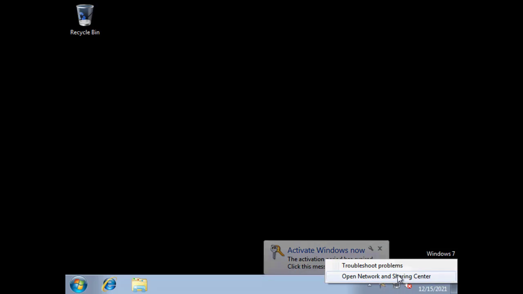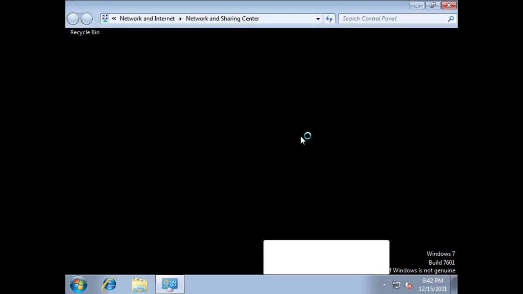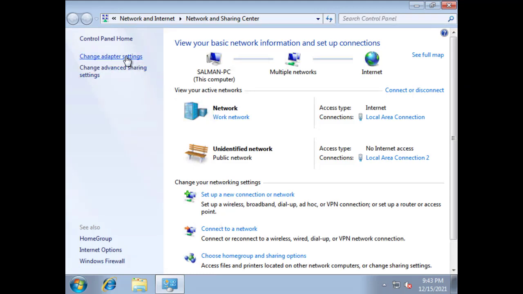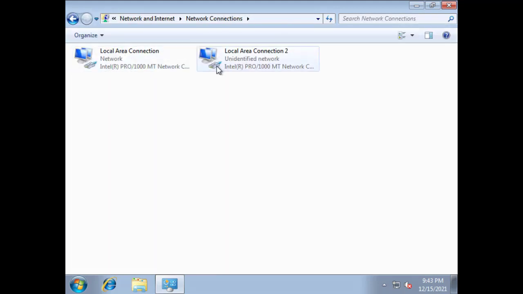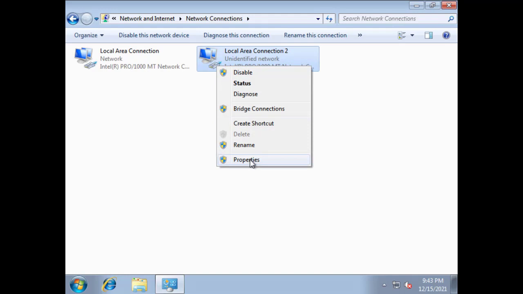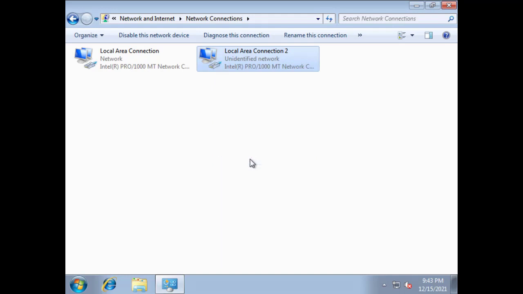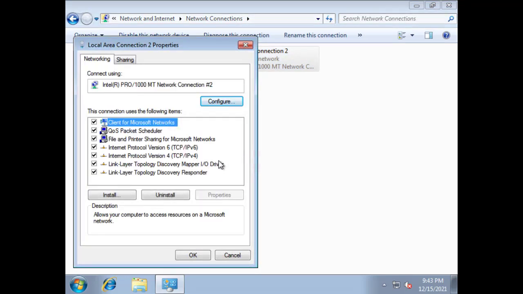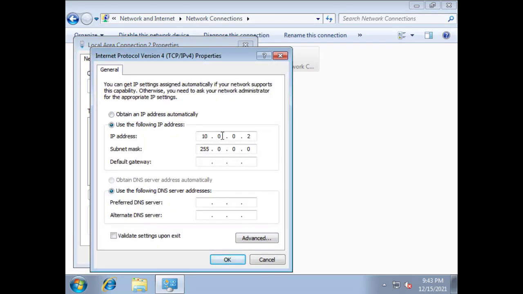So open the Network and Sharing Center. Change the adapter settings. This is the second LAN card I added earlier in this video. So I right click on this and select properties. As you can see, I have entered the class A IP address